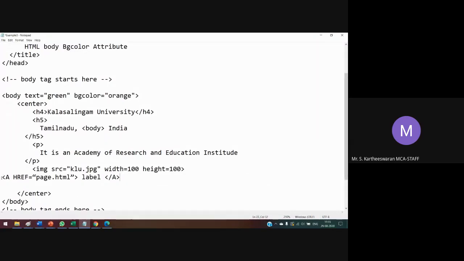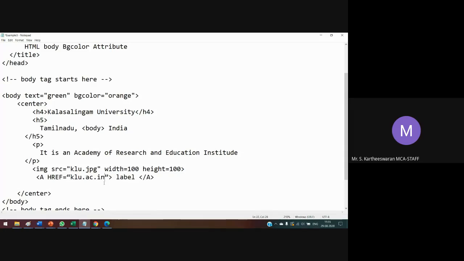Instead of page.html, we provide Kalasalingam's address, KLU.ac.in.